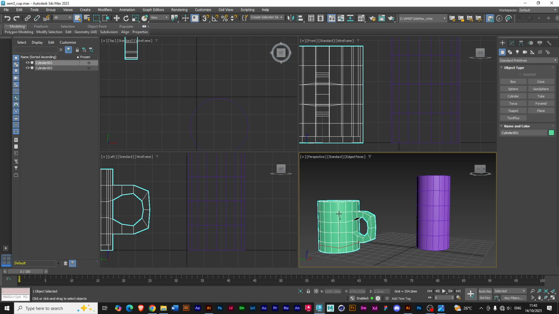Then if somebody says, okay, I want a muscular male character, you just take one of your base meshes and make it muscular. You want somebody fat, you make it fat. You want somebody small, you scale it down. You want a child, you scale it till it looks like a child. It makes the modeling process easier than having to recreate a new model in every scenario. That can be very tasking because